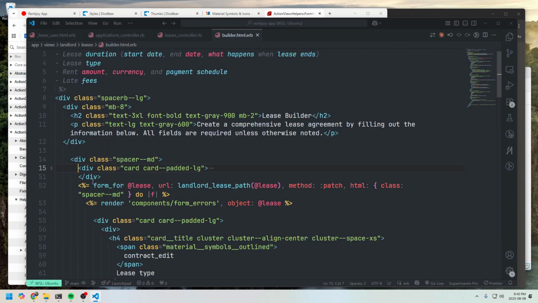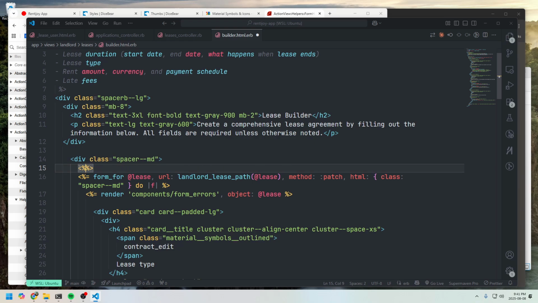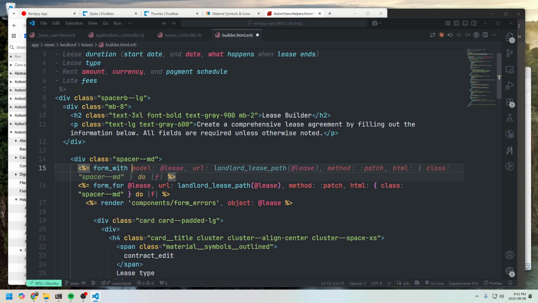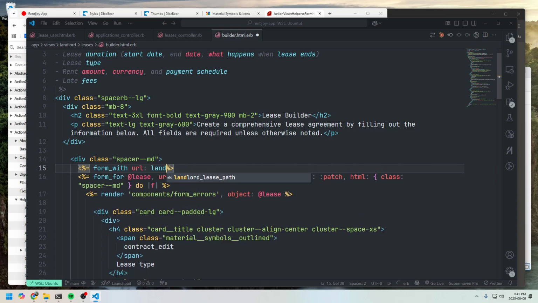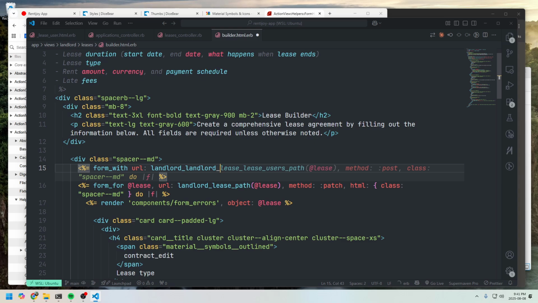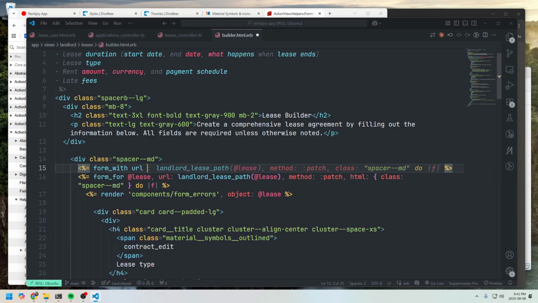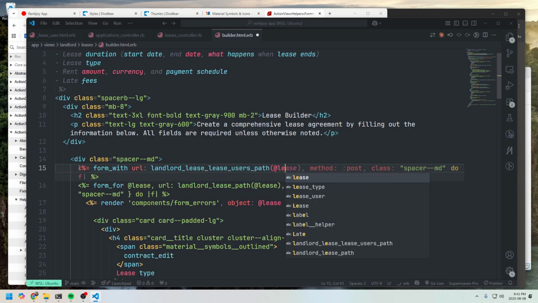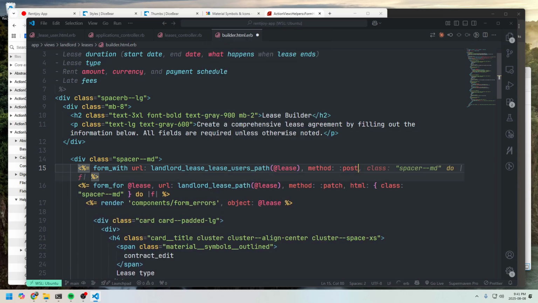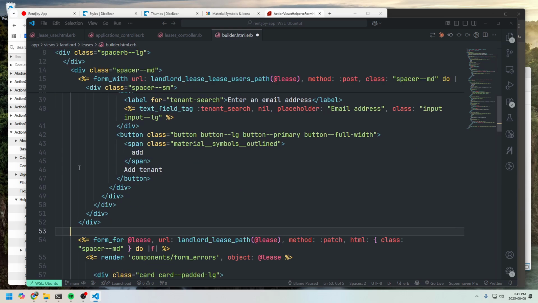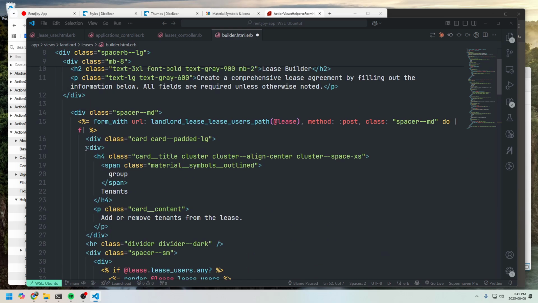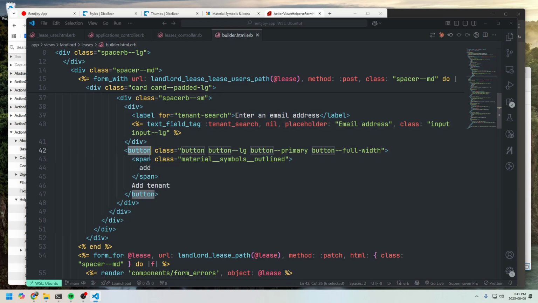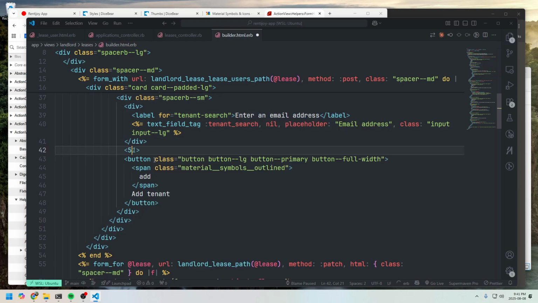Okay, so I'm going to take this here. So we're going to say form with URL, landlord lease users path at lease, because we need to pass in that method. And then yeah, spacer MD. We'll do that. We'll do the end tag there. And then technically this button here would become